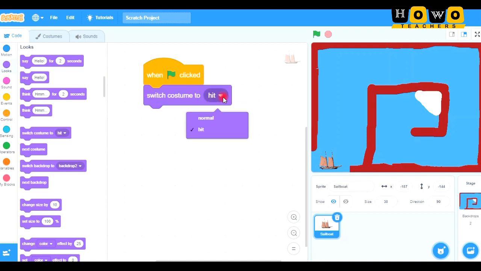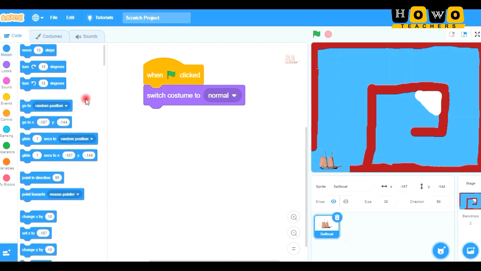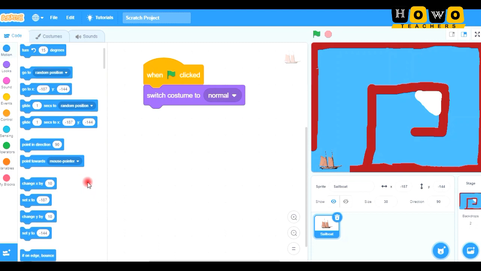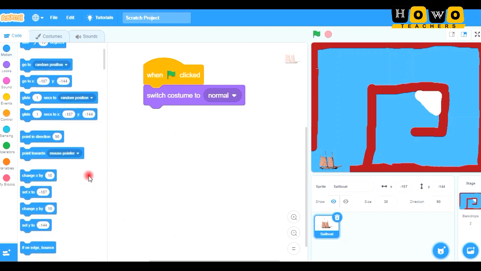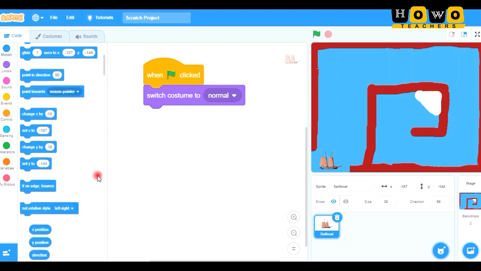See, I told you that the names matter. So here you can see normal and hit. Now we can easily differentiate that when we start the game, the boat should look normal. So here it is the normal costume. And we need one more thing, that is point direction. So whenever we start the game, the boat should point towards some particular direction, and that direction is the direction of our mouse.